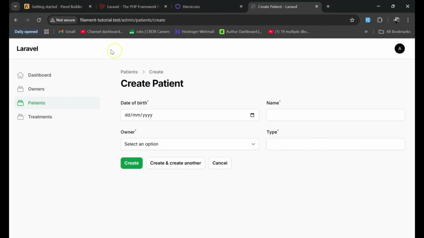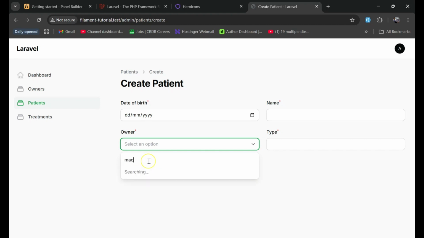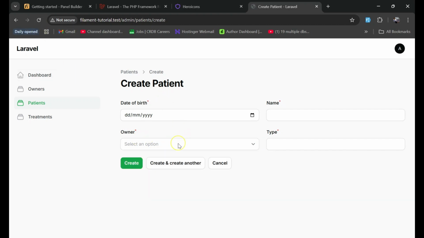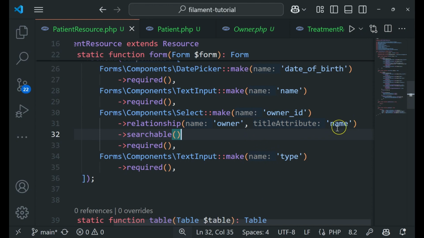Okay, by saying searchable, if you refresh again and visit here, you can see you can search anything. So for example, let me see if I can get anyone. So you can see we have this option by searching, but by default, if you don't search for anything, this field will have nothing. So let me refresh again and you can see, it will not show any data. So to solve that issue,